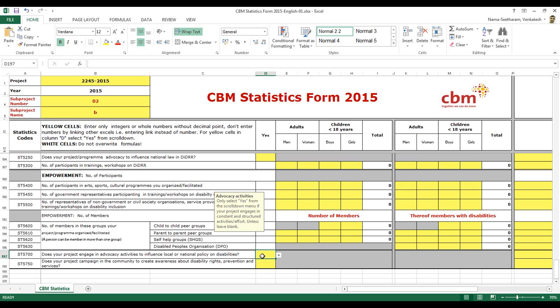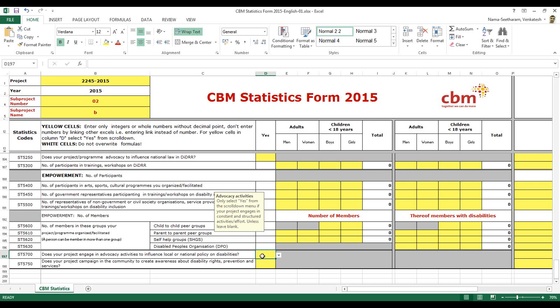Okay. So in that case, I would click yes. Yes, you click yes, and then we put the specification in the comment. Just give a comment saying, okay, only for the first quarter or only in the second quarter the partner has worked on something like this, so that we know why you are selecting yes for this row.